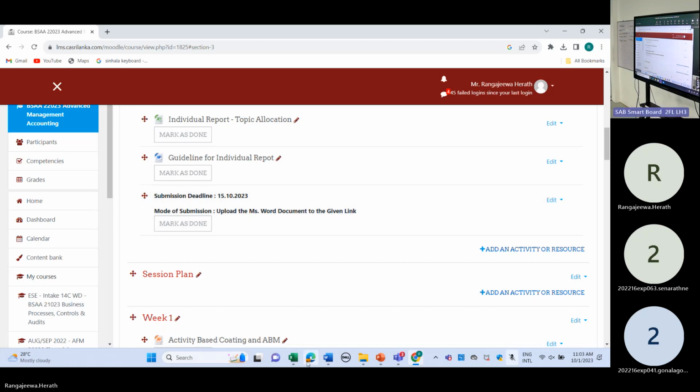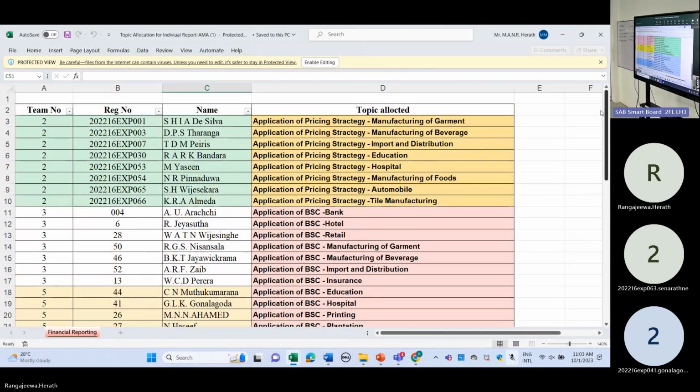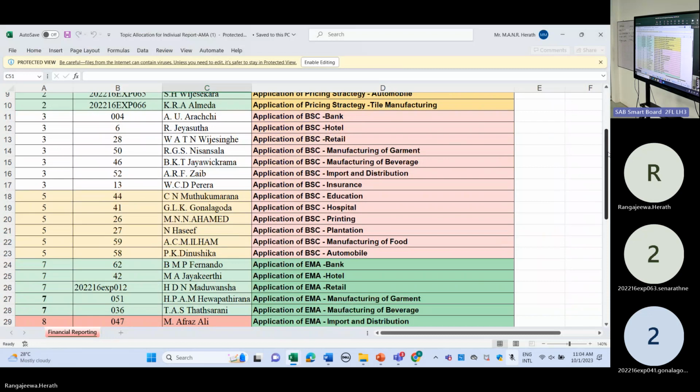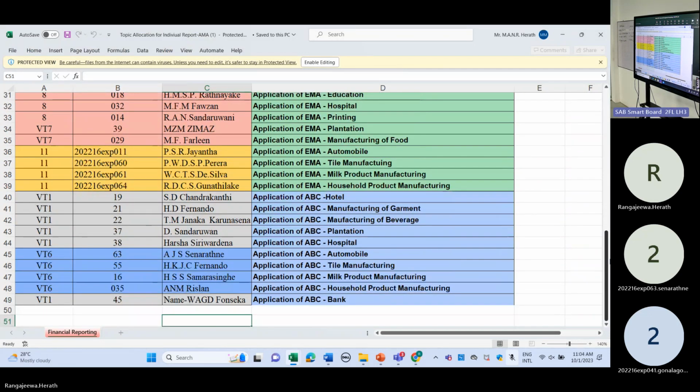Then we got a group list, right? It's an individual, right? So obtained 1, 2, 3, 4, 5, 6, 7, 8 groups here, right? We allocated 8 topics. Who wants to make a change? And we go. So I hope that all these students are here, right? No additional students and